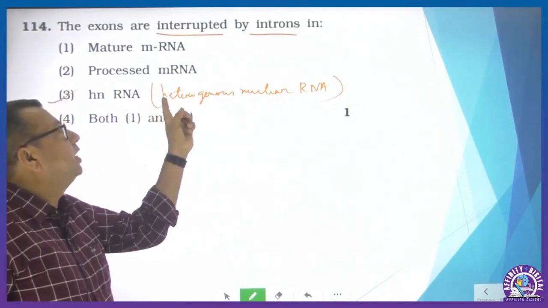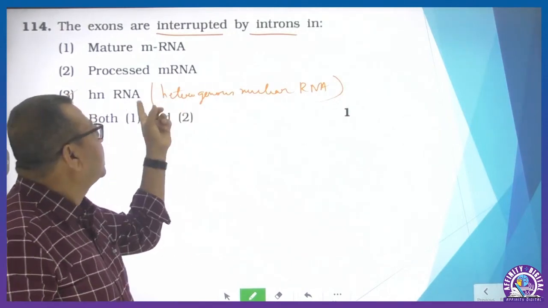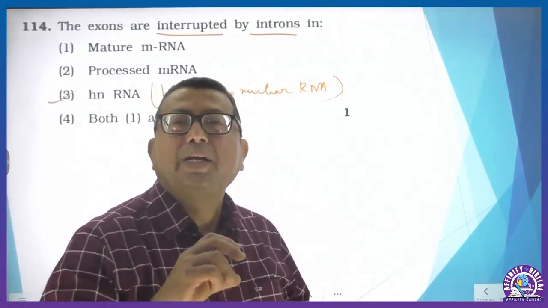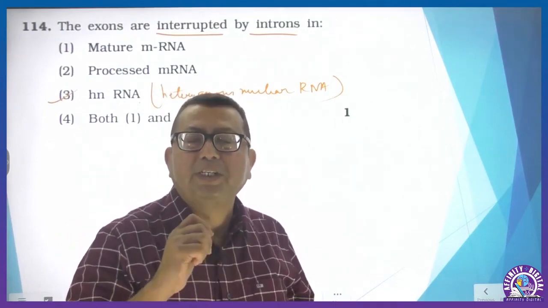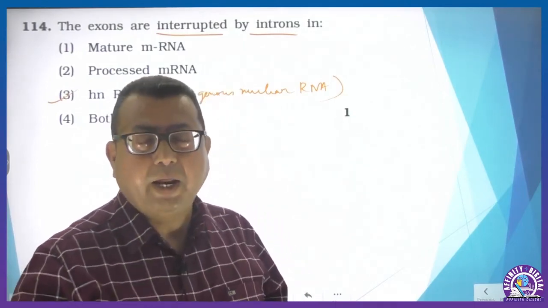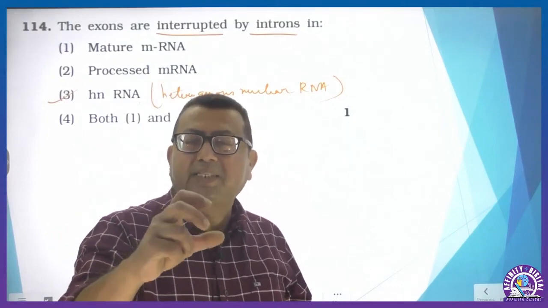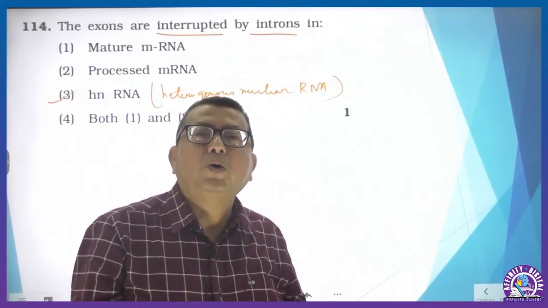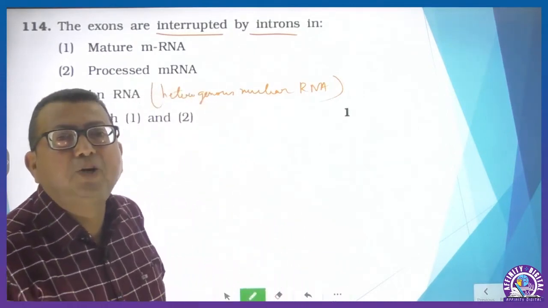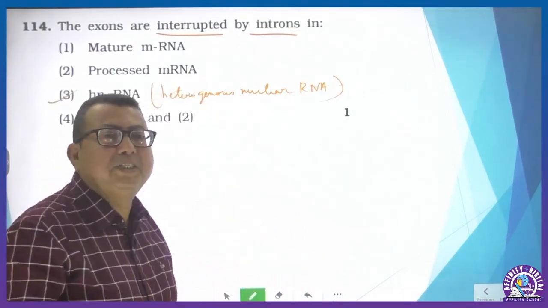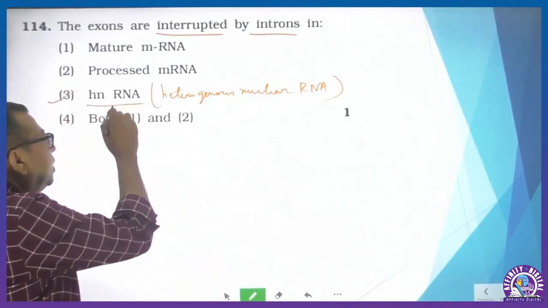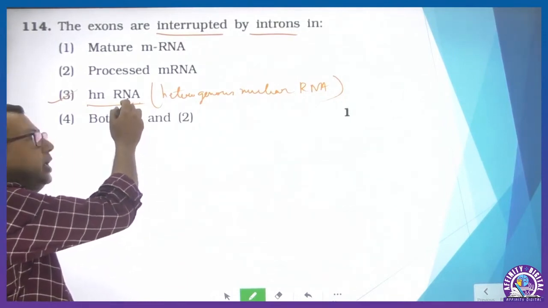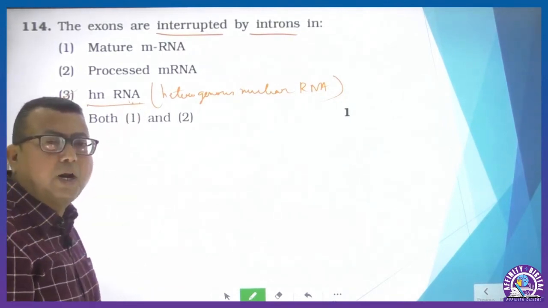It is non-functional because this RNA contains coding nucleotide sequences called exons, the coding or expressed nucleotide regions, and these exons are interrupted by the presence of some non-coding nucleotide sequences called introns. Due to the presence of introns, the HNRNA of eukaryotes is non-functional. That is why, to make it functional, it is subjected to a thorough processing called RNA processing